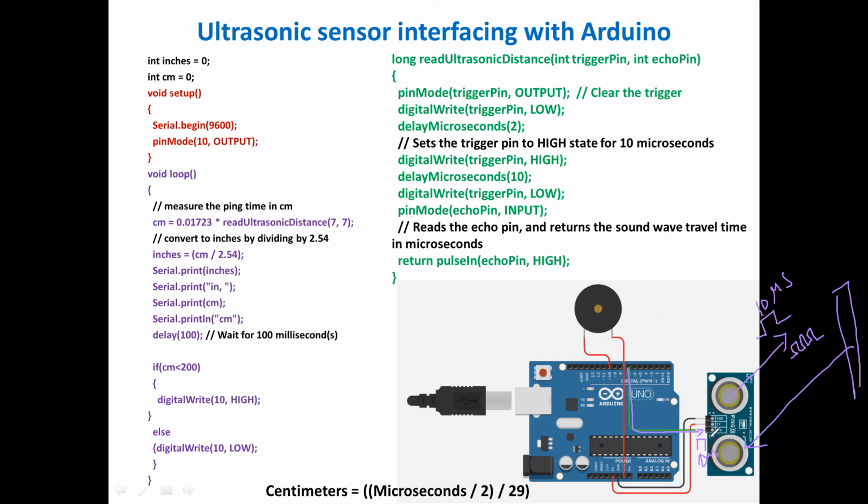Here I'm going to give 10 microseconds, so I want to make this particular pin an output pin. With pinMode, I'm configuring the trigger pin, the 7th pin, as output. To that pin, initially I'm writing a low value with digitalWrite. Now it is low. Just have a small delay.